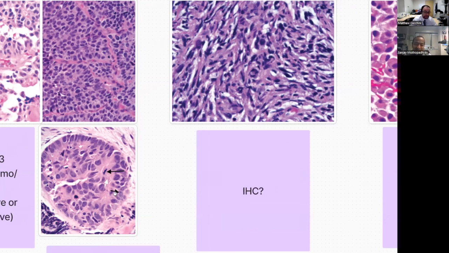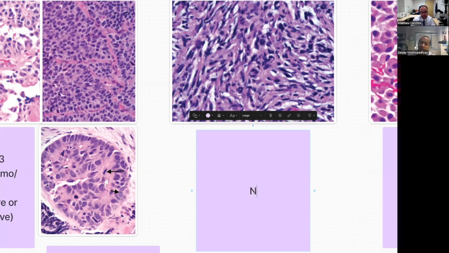Spindle cell lesions of the lung. I think the first thing that I try to think is, is this just a carcinoid tumor that's spindly? So I look for whether this is just a low grade neuroendocrine neoplasm. Does it have granular chromatin? Many people don't realize that carcinoid tumors can be very spindly looking, very elongated cells. So if it's very granular and low grade looking and has granular chromatin, I might try neuroendocrine markers on this,